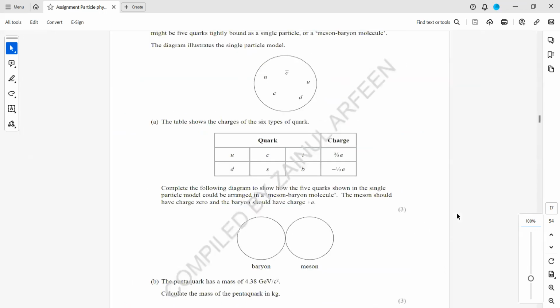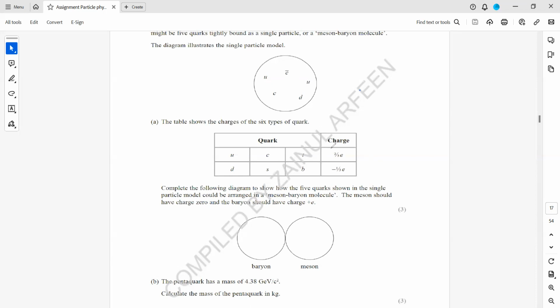Complete the following diagram to show how the 5 quarks shown in the single particle model could be arranged in a meson-baryon molecule. The meson should have a charge of 0 and the baryon should have a charge of plus e, meaning +1, the same as the charge of an electron. So first thing,